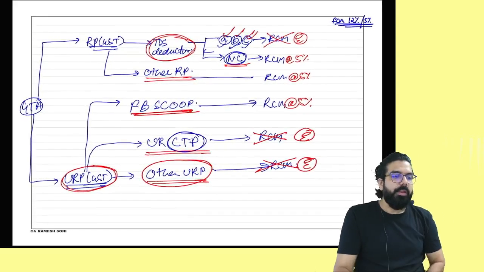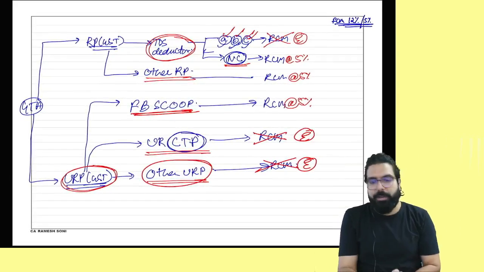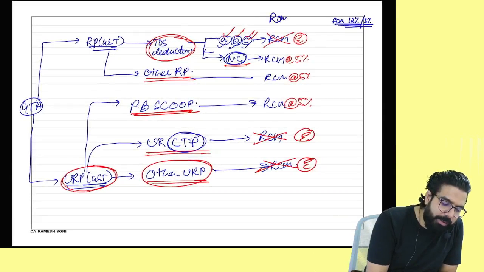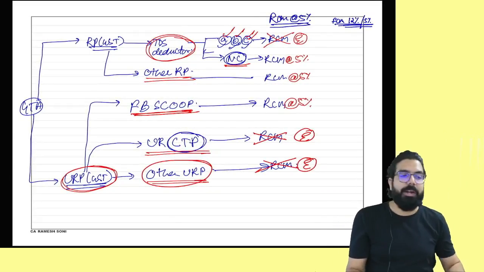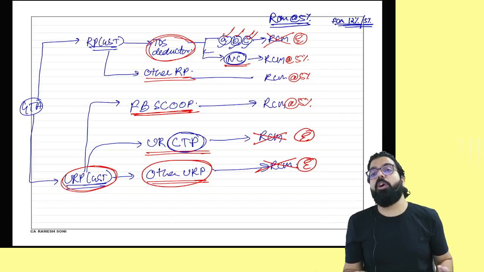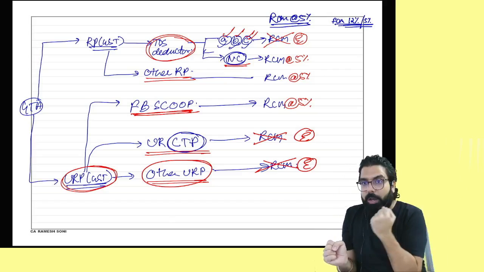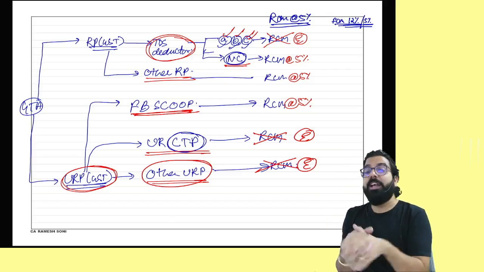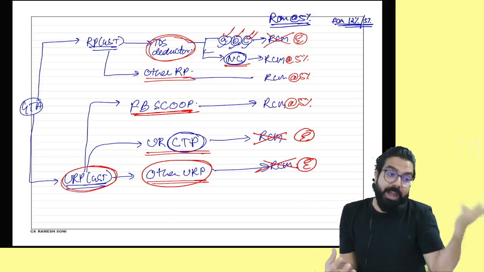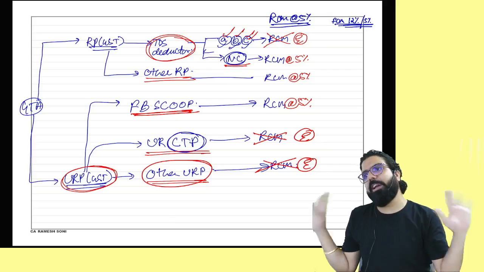See, GTA can opt for reverse charge. If GTA is opting for reverse charge mechanism, then at the rate of 5%, who will pay? Recipient will pay. But if GTA wants, GTA can opt for forward charge mechanism also. If GTA is charging forward charge at 12%, it will get input tax credit. If GTA is charging forward charge at 5%, it will not get input tax credit.